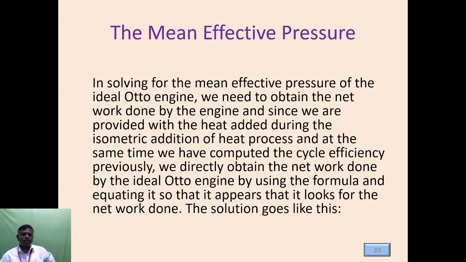Next one is the mean effective pressure. In solving for the mean effective pressure of the ideal Otto engine, we need to obtain the net work done by the engine. Since we are provided with the heat added during the isometric addition of heat process, and at the same time we have computed the cycle efficiency previously, we directly obtained the net work done by the ideal Otto engine by using the formula and equating it so that it looks for the net work done. The solution goes like this: